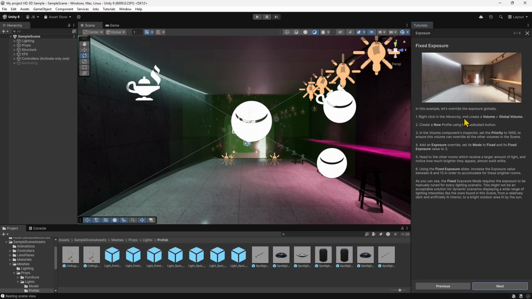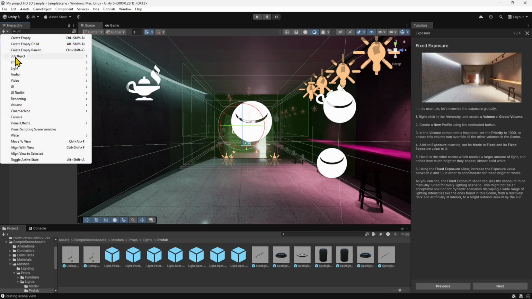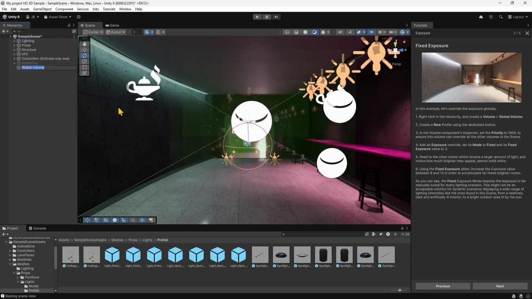So here we're going to create a volume. We're going to do another thing we never did. So we're going to go in the hierarchy, and so also we will see how we can override. So click on the plus, go into the volume and choose global volume. So this is going to work globally. And I'm going to type a name here just to customize it. So I'm going to type GVJB, which is going to be global volume JB. And then I'm going to click and drag this